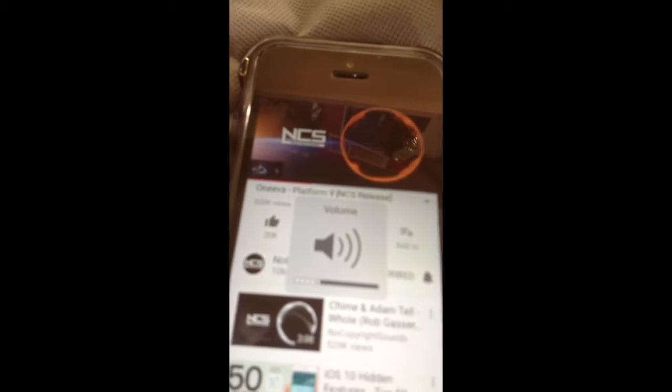So let me turn it down a bit. So it's quite responsive. You can also adjust it on here. The volume rockers, which does alter out on your phone too. Yeah. And when you skip,